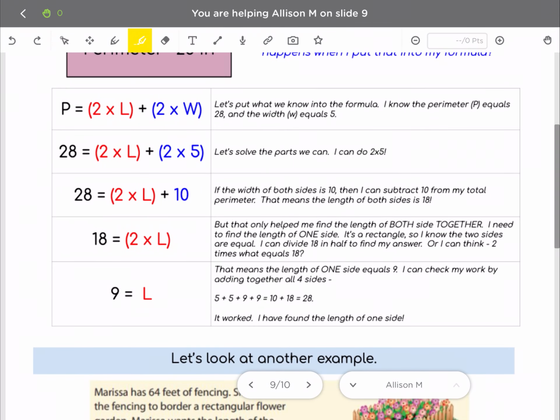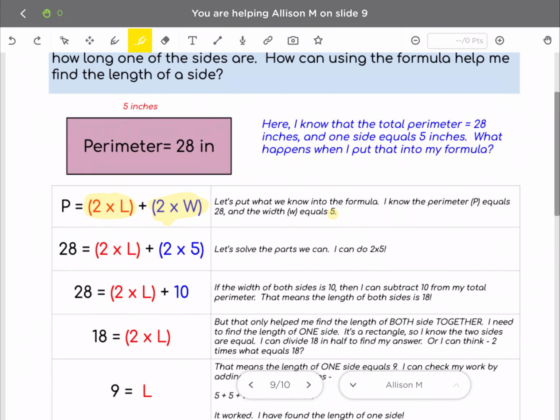Also, instead of going length plus length, we could do 2 times the length, which is the same thing as L plus L, but you could say 2 L's, or 2 times L. And there's 2 W's as well, two other sides, which is the width as well. Okay, so